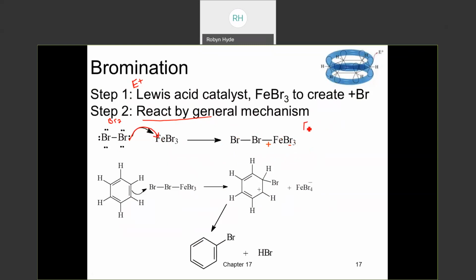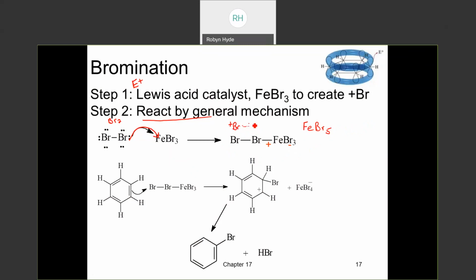This complex is simply called like FeBr5. So in this complex, how I like to draw it out is I have a positive bromine at the tail end